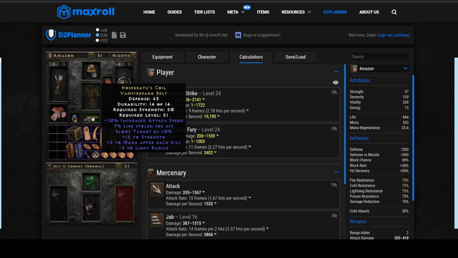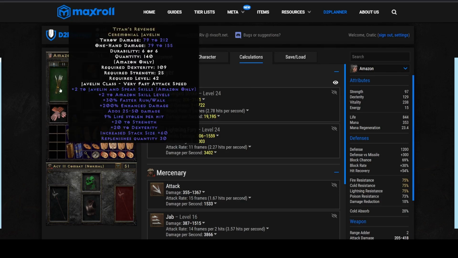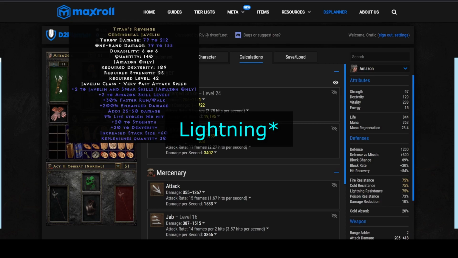Nosferatu's also gives Life Leech, which is going to be nice for restoring your health pool, because we do have a higher physical damage javelin at this point. You will be able to leech more. The Titan's Revenge as well also gives Life Leech, which is quite nice. Added physical damage is higher, so getting rid of those physical immunes will be even easier now than before. And if you run into physical resistant mobs, they're basically non-existent after you're able to equip the Titan's Revenge,